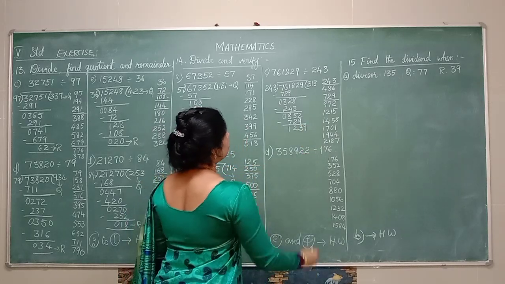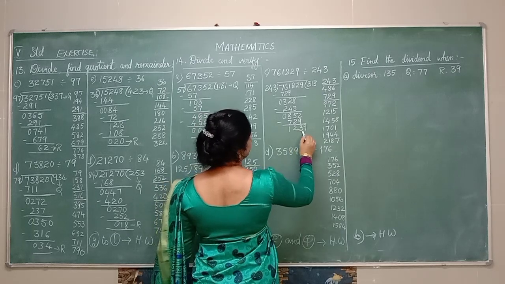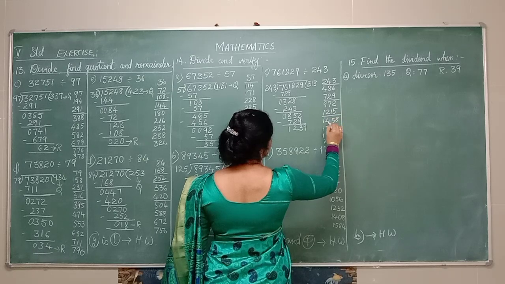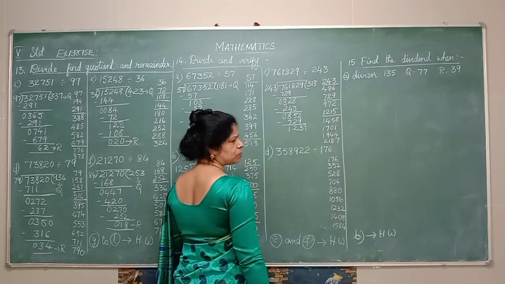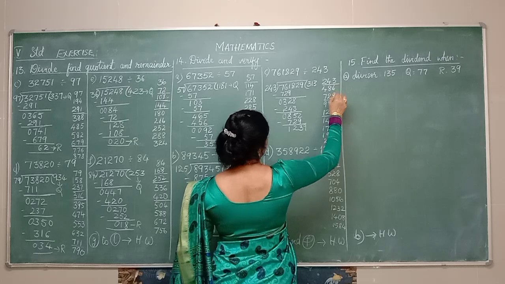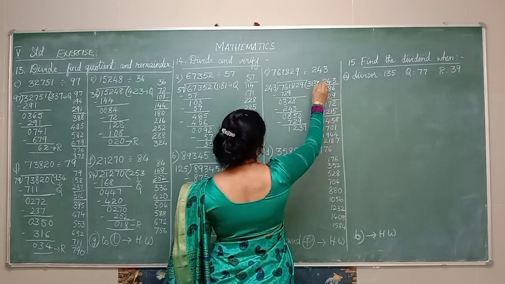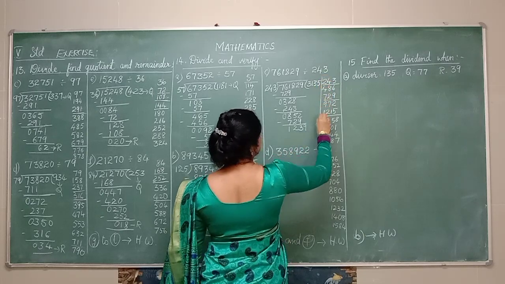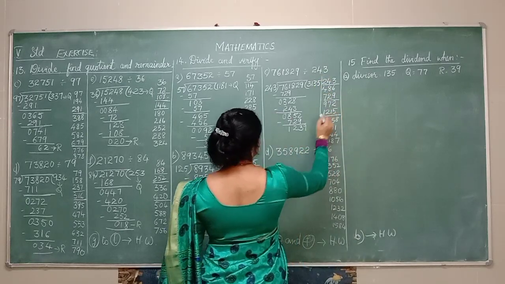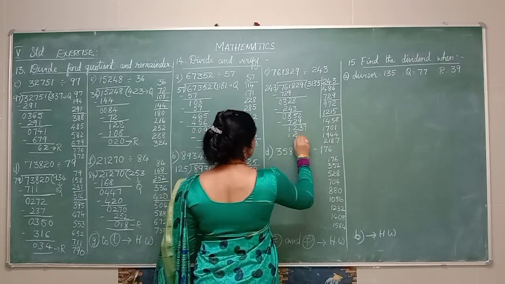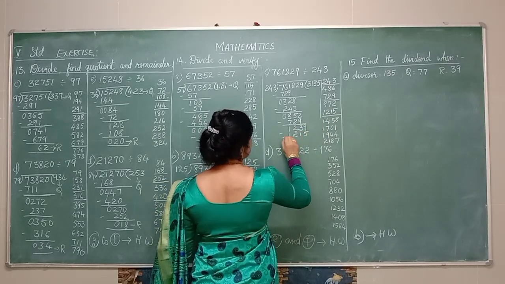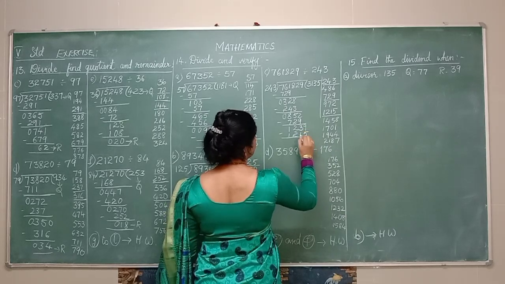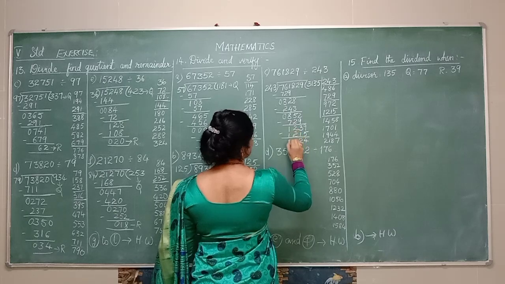Okay. Now where does 1039 come? It comes here. Between 1215 and 1458, 1239 comes. So 1, 2, 3, 4, 5. So 5 is a. How much is it? 1215. 1215 minus 9, minus 5 is 4. 3 minus 1 is 2. 2 minus 2 is 0. 1 minus 1 is 0.